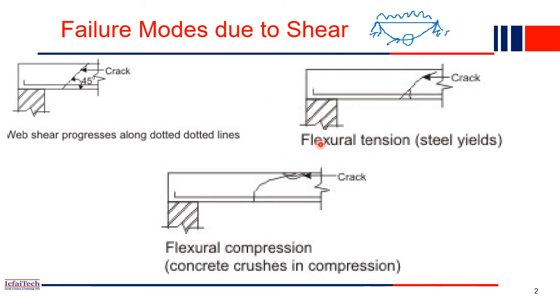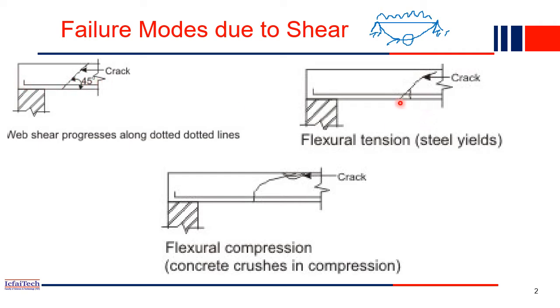Now this diagram shows failure of tension. In this beam the longitudinal bars are provided to take care of bending, so these bars are provided at the top and bottom. When cracking happens, the stresses on the longitudinal bars, the shear stresses on these bars, will also increase. Then the longitudinal bar will also fail.